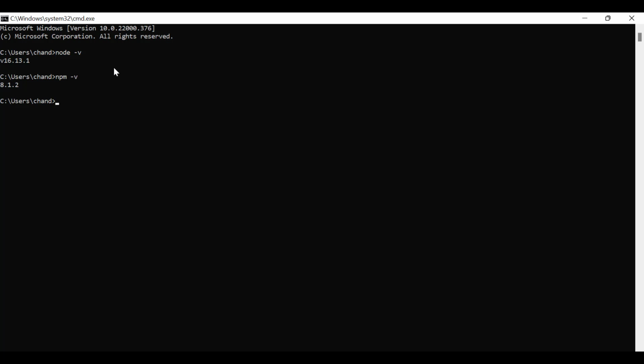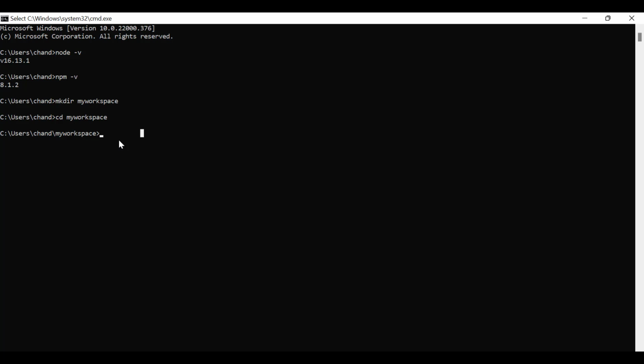So what we will do, we have to first choose the location. Right now you can see it is inside C users. So better you can create any particular folder. Let's say I'll do mkdir my workspace. So I have just created one folder, my workspace, and then I have to do cd my workspace. Now I am in this folder and I want to create the project inside this folder.